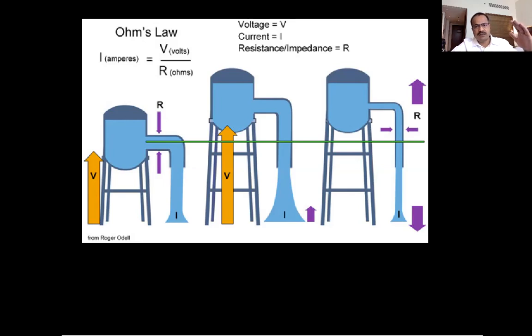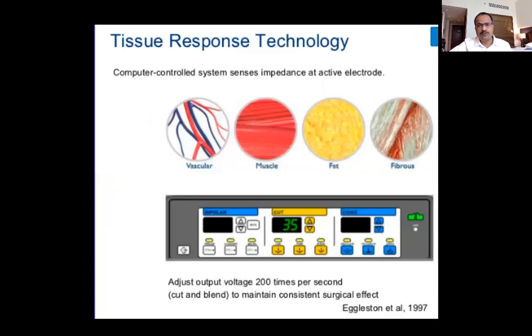Voltage we can understand comparing to height, water flow comparing to the current flowing, but resistance is the tissues on which we are putting the energy. So every tissue will have different resistance. The blood vessel will have different resistance. The muscles will have different resistance. Fat, in fact, has more resistance. So if you remember, we bought good machines, but in some cases it did not work well, especially in obese people. And then we would say, I think this machine is not good.